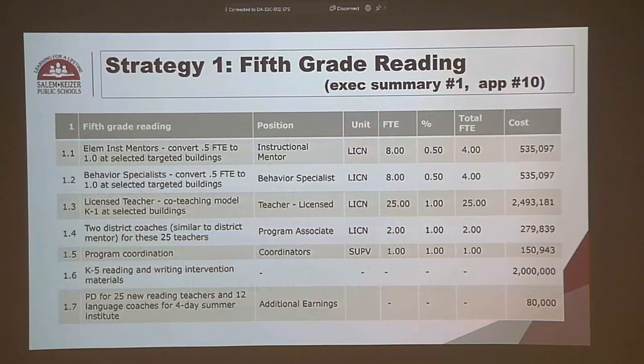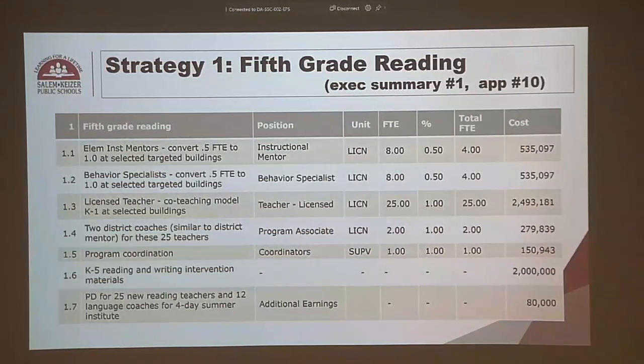So notice that there are 8 FTE for instructional mentors and 8 for behavior specialists. They're currently funded at a 0.5 level, so that is 4 total FTE for $535,000 for behavior specialists and $535,000 for instructional mentors. We are proposing to introduce 25 licensed teachers at the schools that we talked about. They'll be funded at a full FTE, and that is $2.4 million, almost $2.5 million,